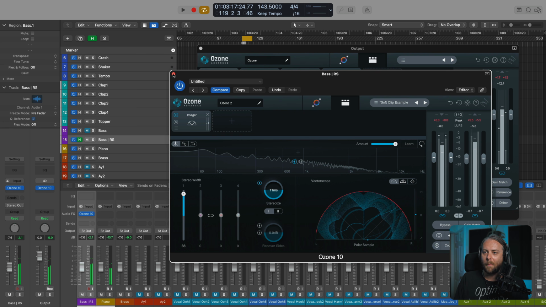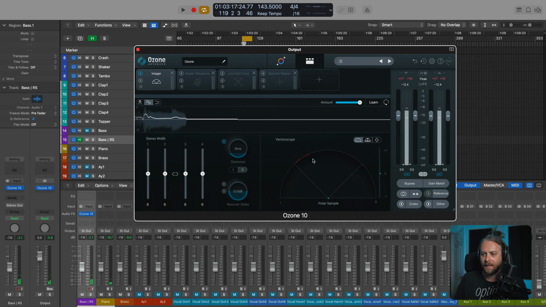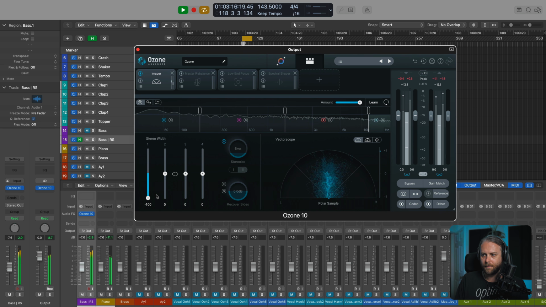Okay, so when I go back to my Ozone on the master track, you'll see here that when I bring, let's go back to this view, slice things up, and let's bring this down. My bass is kind of mono again.